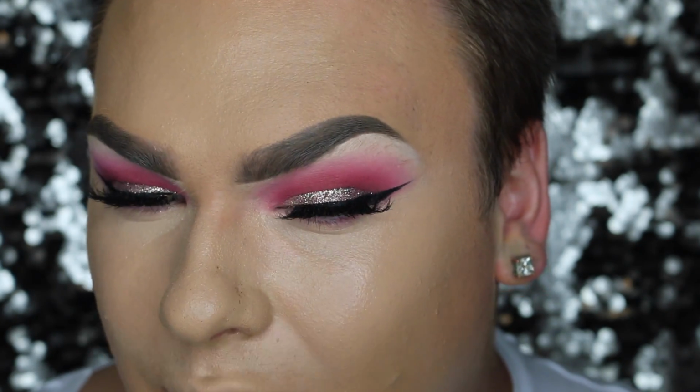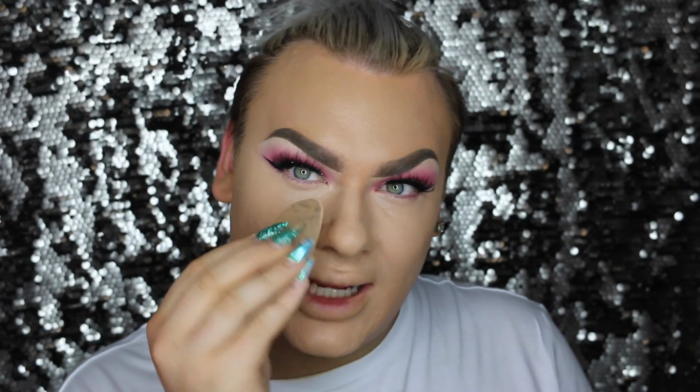Okay, so this really has blended out the under eye concealer really, really well. But I feel like I'm really wet, like really dewy. I guess the whole point of a beauty blender is it soaks up the excess product that doesn't need to go on the skin, if that makes sense. But then again, you are losing product with this, you're not losing any product. It is kind of hard to get in the nose and underneath the eye. You've really got to flip it a lot, as you just saw in the clip before. But